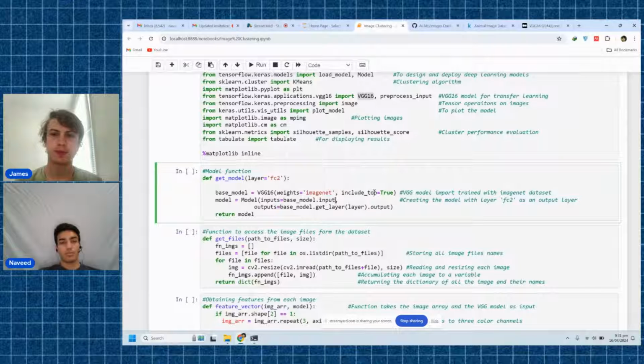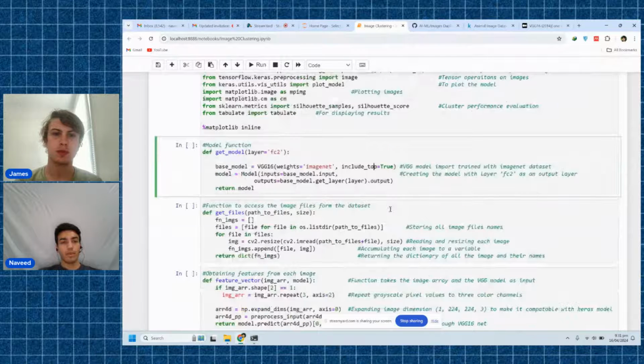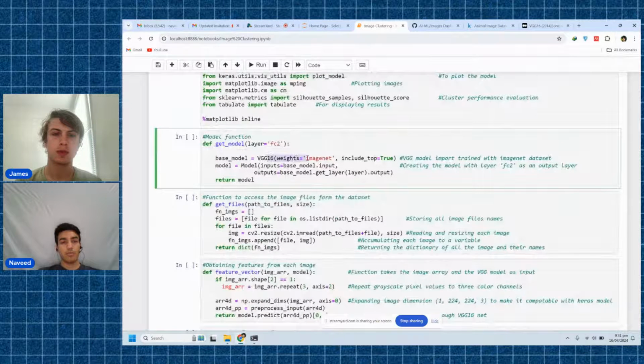And then, once we have the base model, the input. So here, what we are trying to do is to remove the top layer from it and only take the output